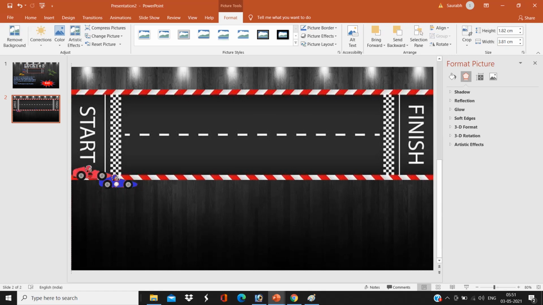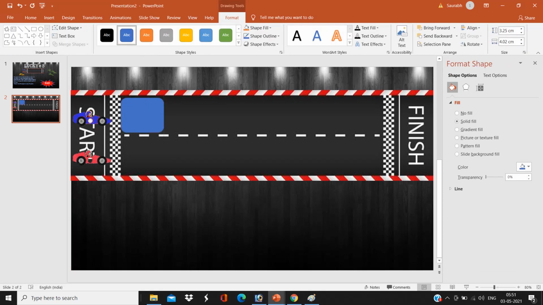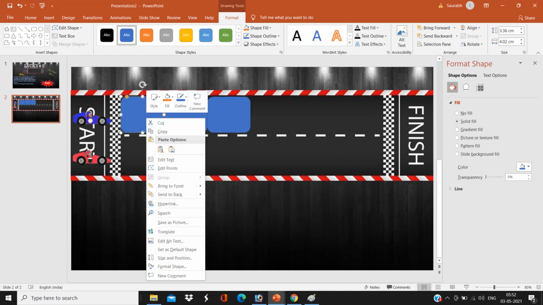Two players are there and two cars are there for two players. After that click on insert, shapes and select a rectangle shape. I am going to divide the track in 6 parts, each part having 5 points, and the car which attains 30 points first will win the game.